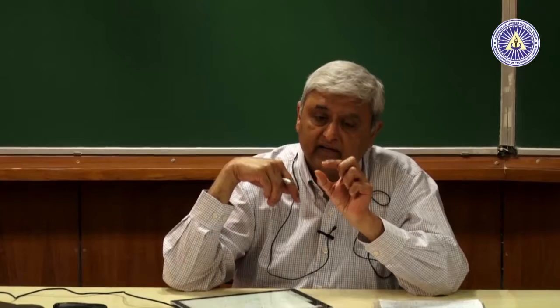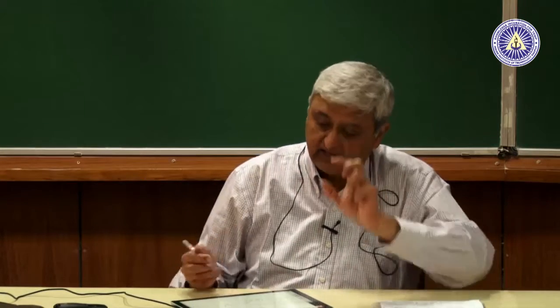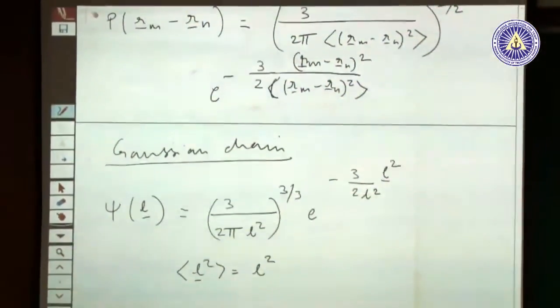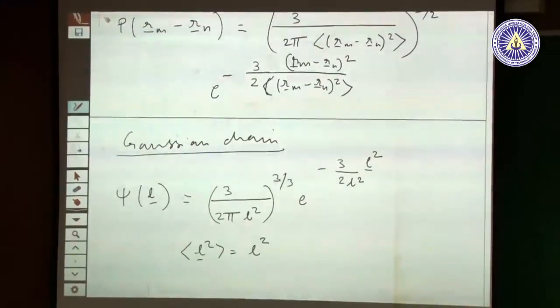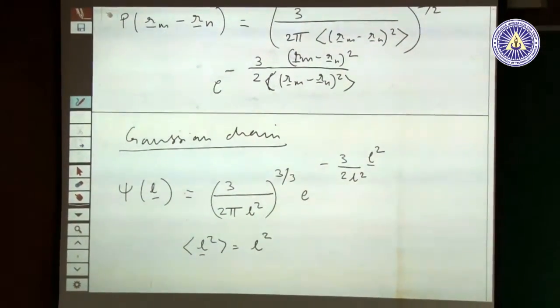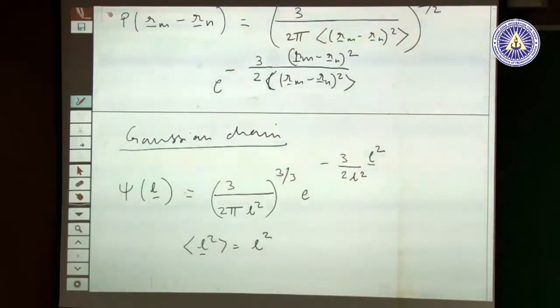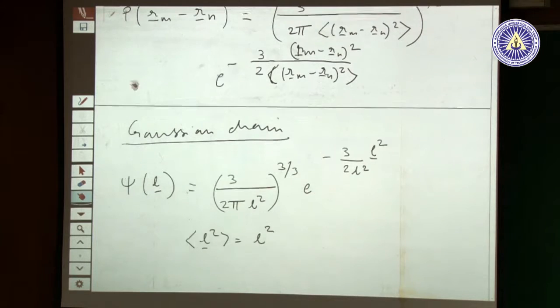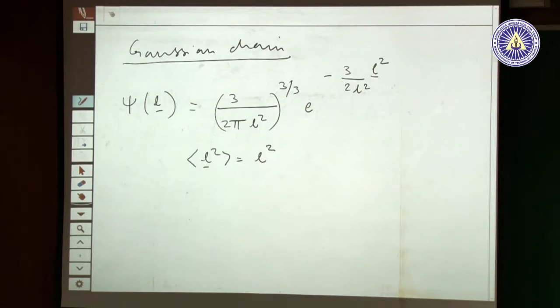And really, when you are interested in large scale properties, you could even not bother, because here we have L squared equal to L squared. As long as the local connector vector or the bond vector has a root mean square value equal to L, then you essentially got all the large scale properties that you want. So because these are independent of each other, then the chain as a whole, okay, is also a Gaussian